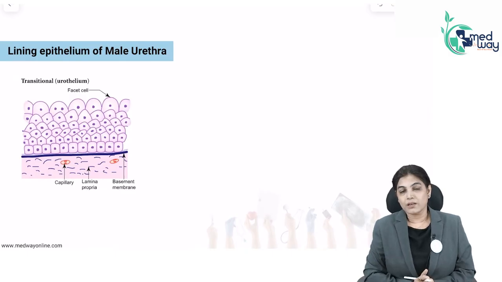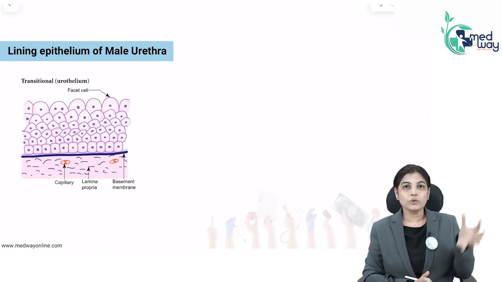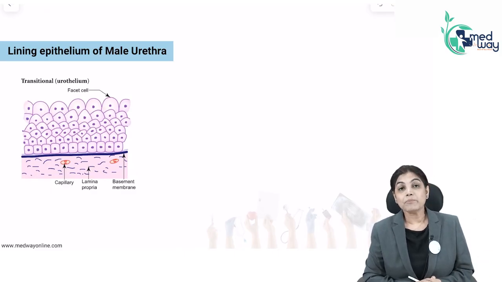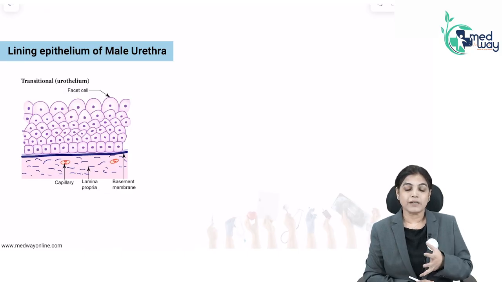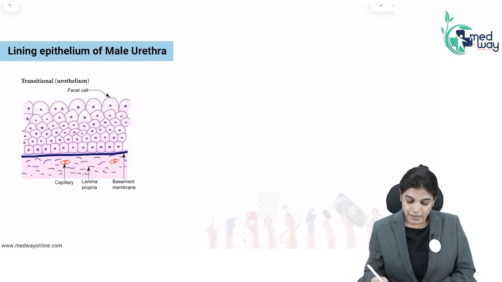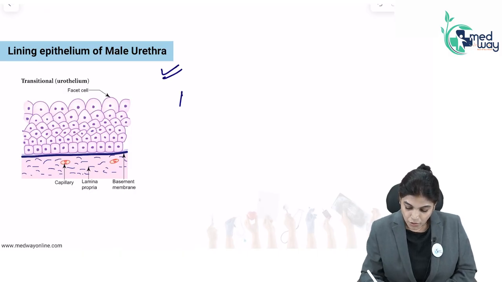Now, male urethra. We do know that the urethra in males has different parts. It has the proximal part, the membranous part, the penile part, and the distal-most part. So, the lining epithelium is different at each location. So, you can see, exactly, talking about the male urethra, the proximal